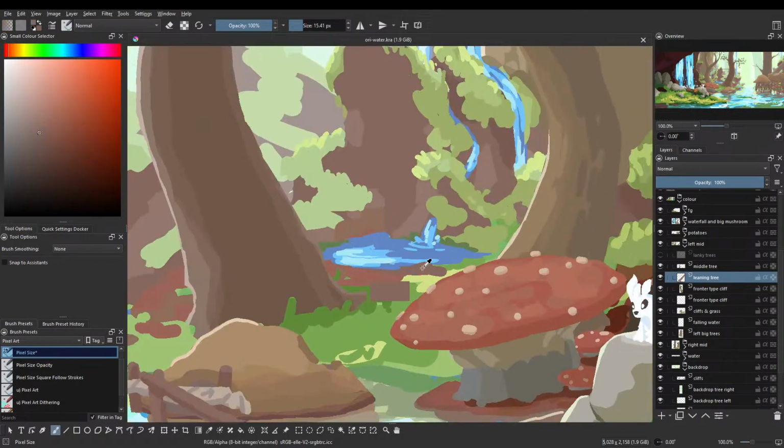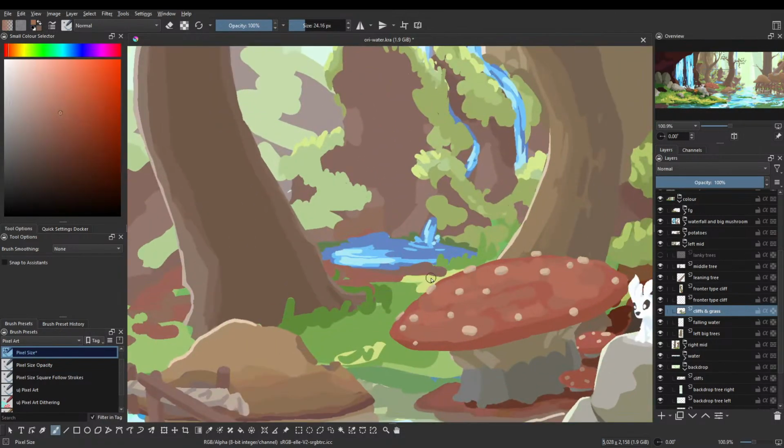Okay, then this water also I'd like to slightly adjust before I go, which I shouldn't be doing. I shouldn't be going to bed. My brain's telling me to go to bed. But something doesn't look quite right, so I'll adjust.